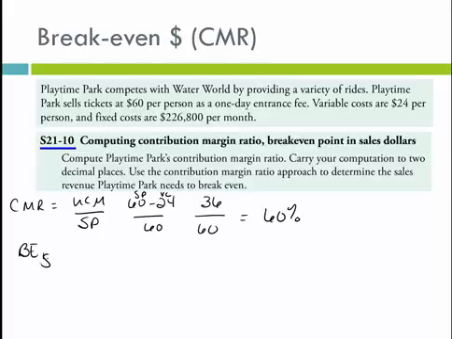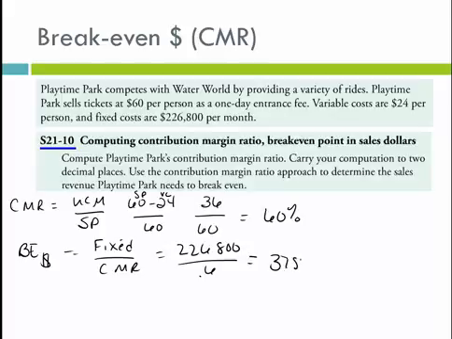Then break-even sales dollars, the amount of sales they have to break even, is the fixed cost over the contribution margin ratio. So we take the 226,800 in fixed costs divided by 60%, and we get 378,000. Now they asked you to use the contribution margin ratio approach in this one, which is what we've done, but you could also say